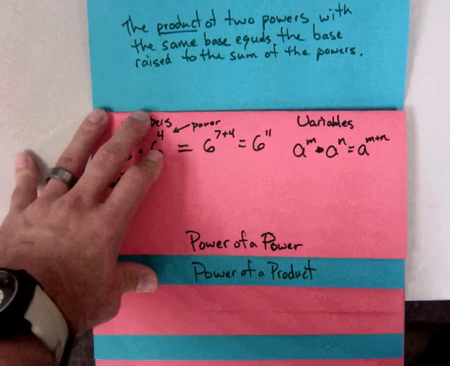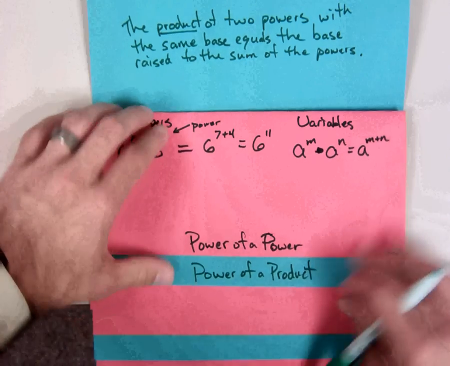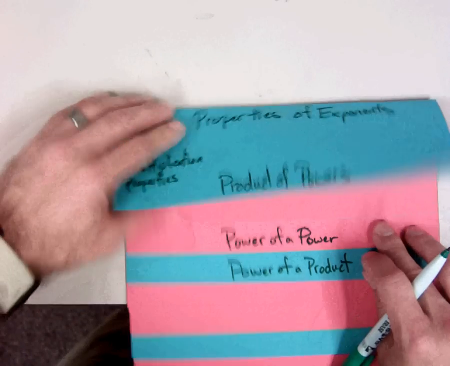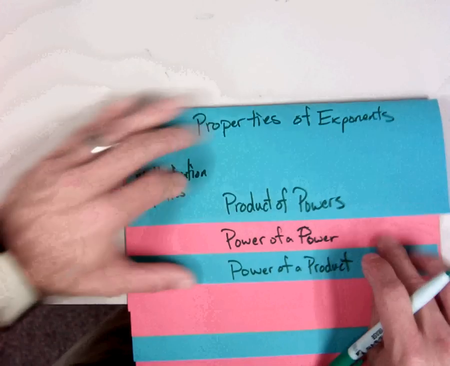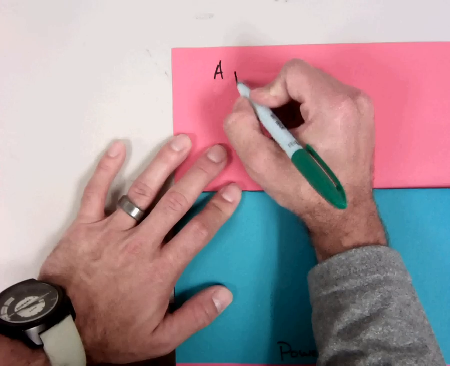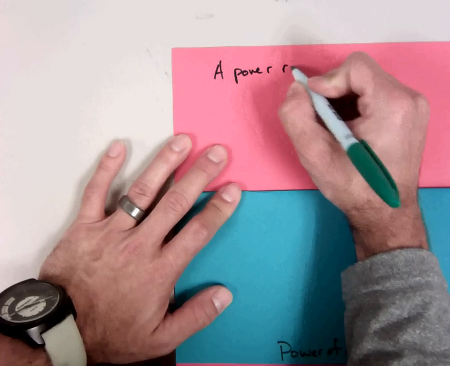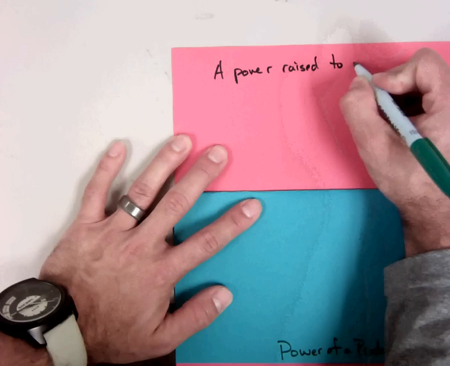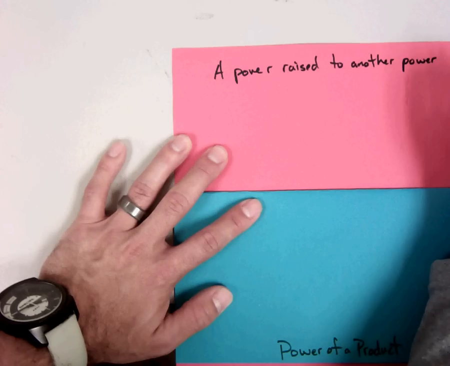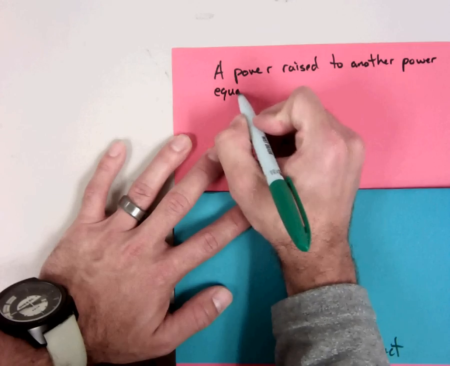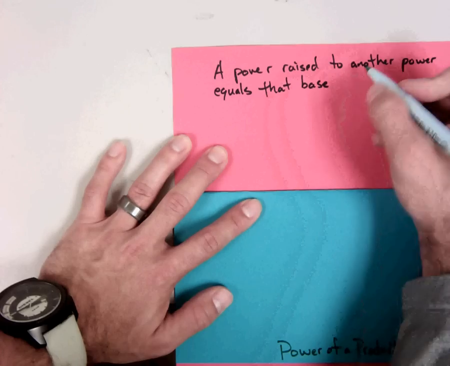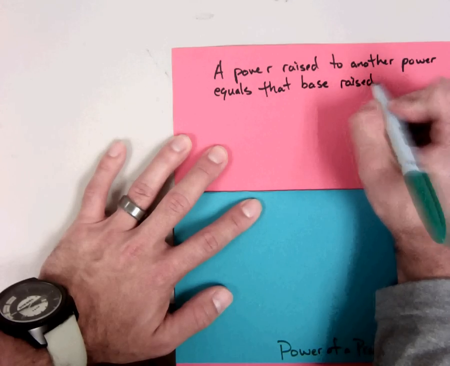All right, now the power of a power property. So we're going to flip over here, so we're going to be able to write this. So see, it looks like this. And when you flip it up, you can figure out, okay, what does this mean? Okay. All right, power of a power property. So in words, it is a power raised to another power equals that base raised to